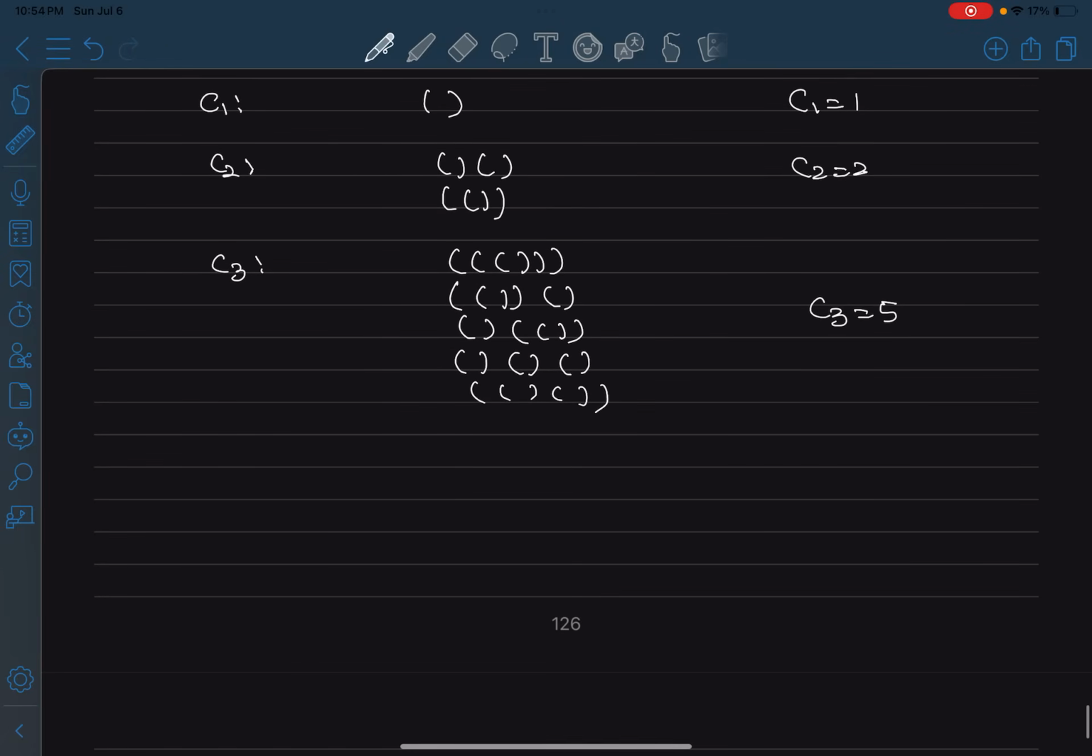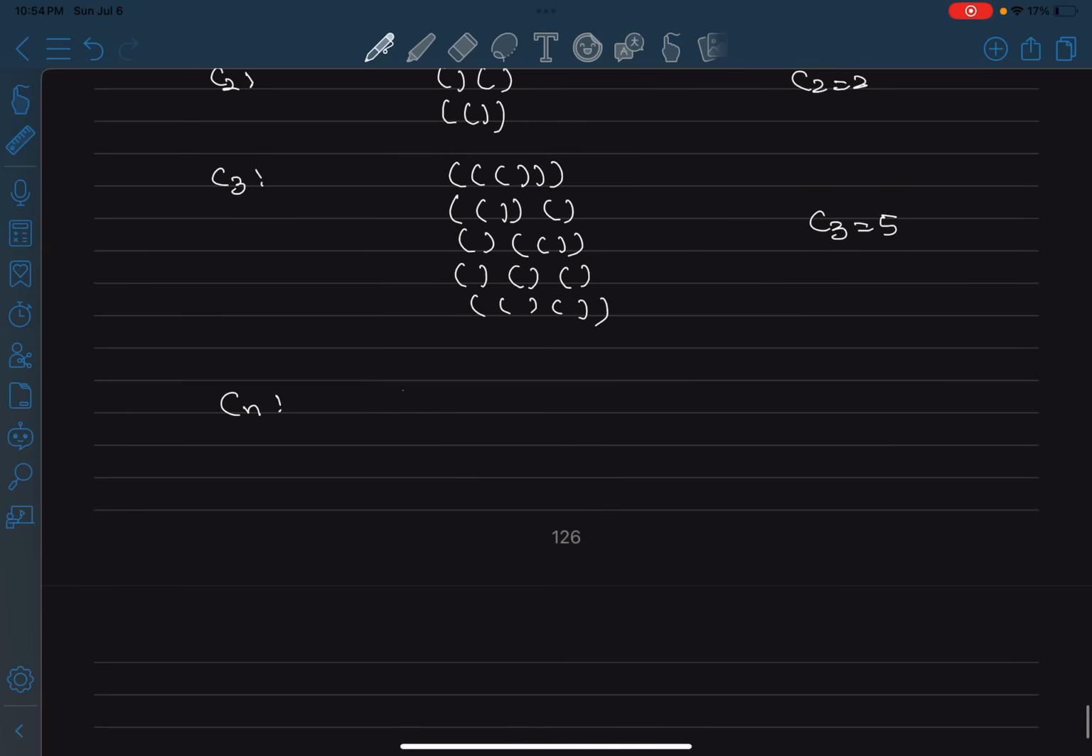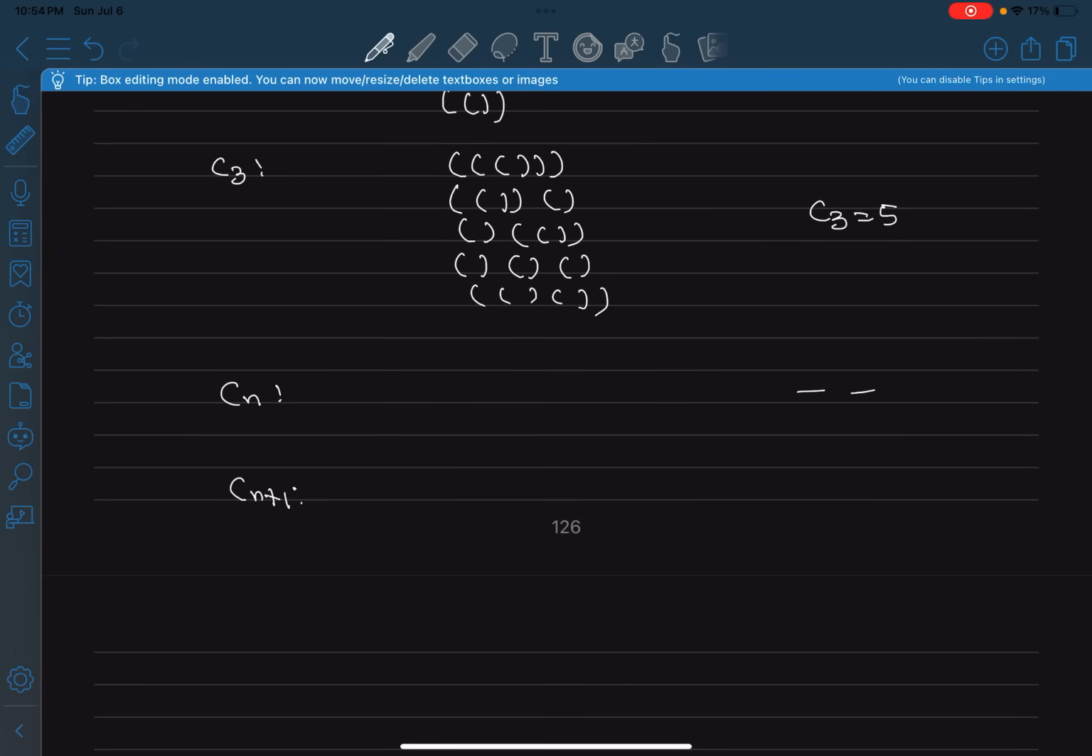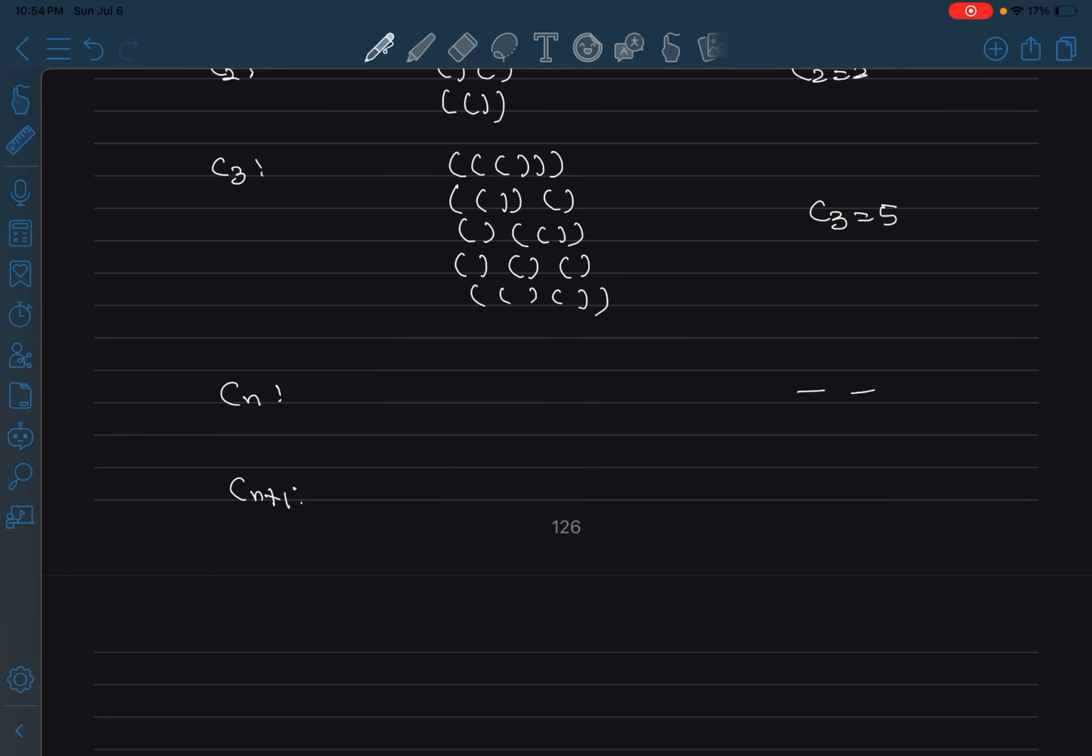So let's say you have found up to C sub n. Now you have found how much it is. Now let's say you want to find C sub n plus 1. How can you use the recurrence? So in C sub n plus 1, right? Okay, so let's say you have